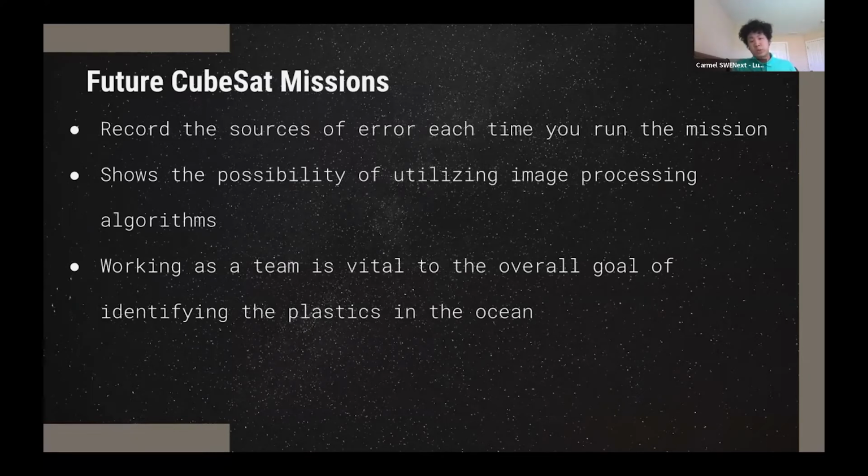be recording the sources of error each time you run the mission. So this is really important, as through the sources of error, we as a whole group learned what was the source of the problem. And this is, I feel like, a key point that should be put into future CubeSat missions from what we learned. The second one was applying to more of the source code, where it shows the possibility of